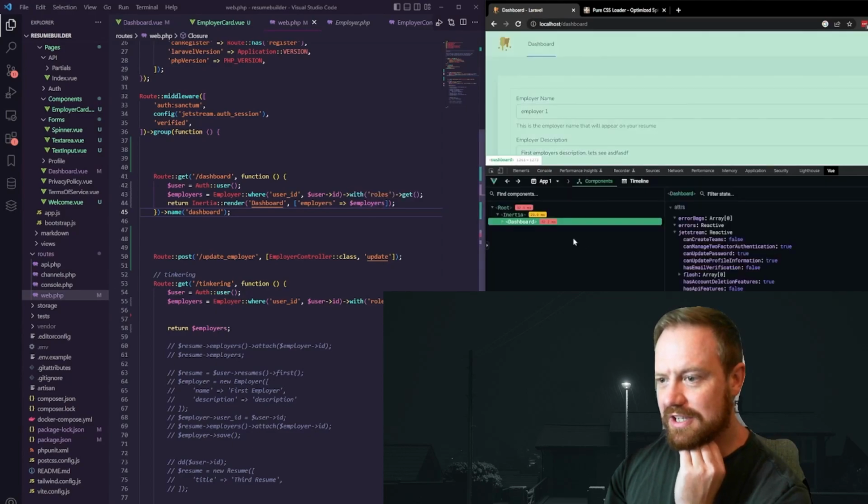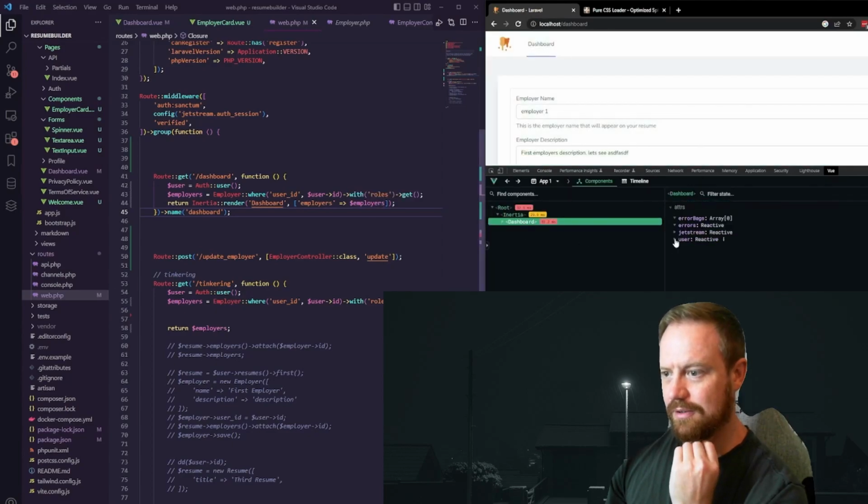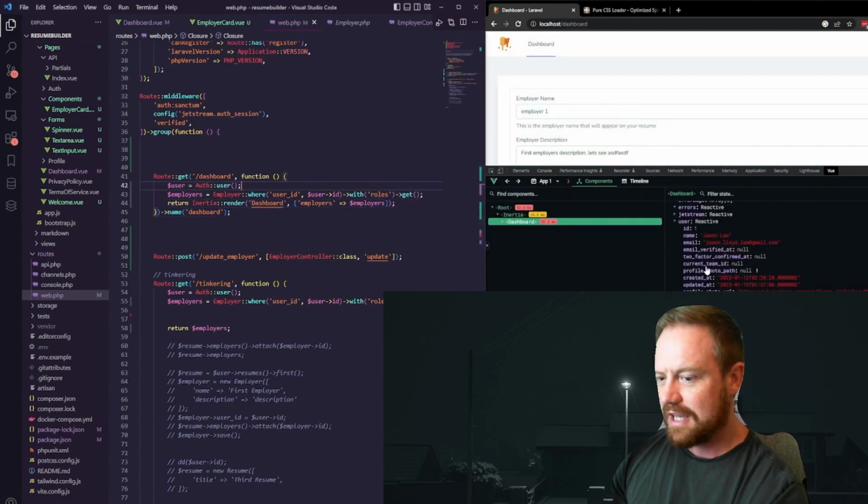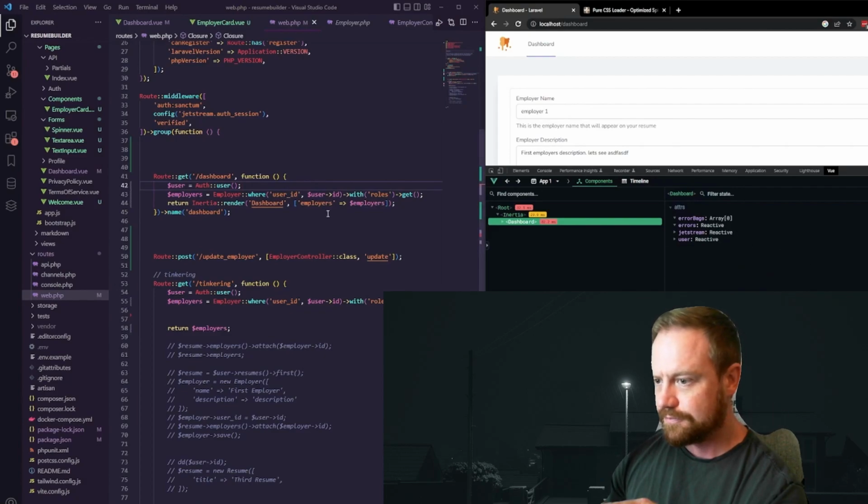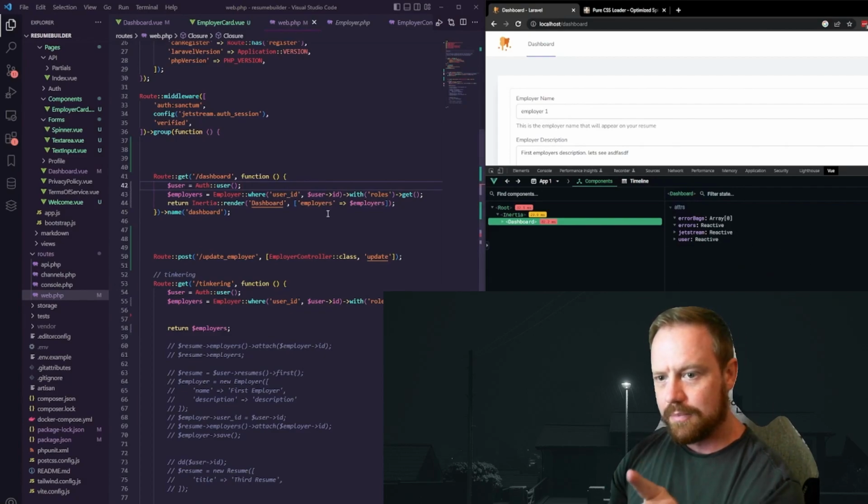Maybe the browser was just caching the response. You can see here as well, when I'm going to the dashboard, I'm passing employers through. On line 44, you can see return inertia with employers as employers, which means that in the Vue DevTools here, you should be able to see